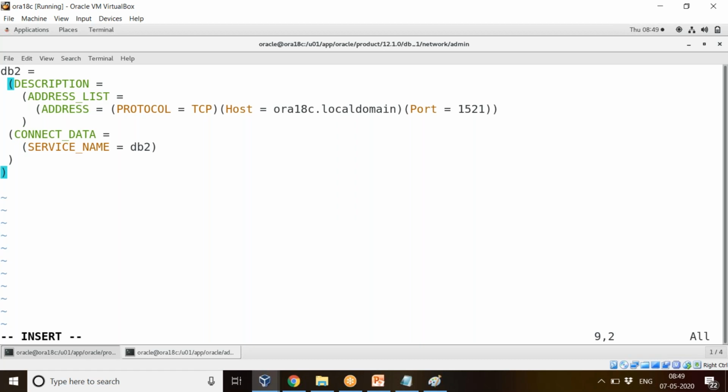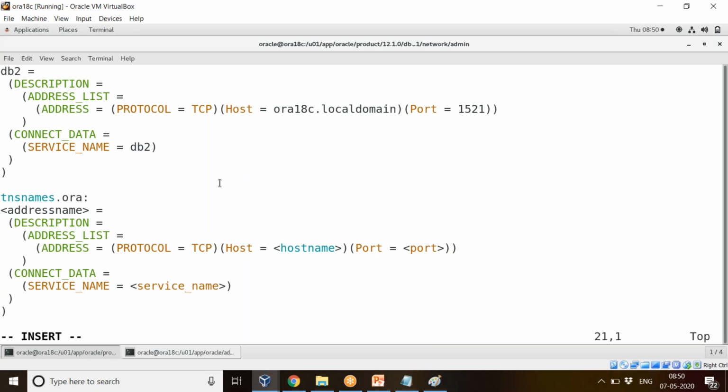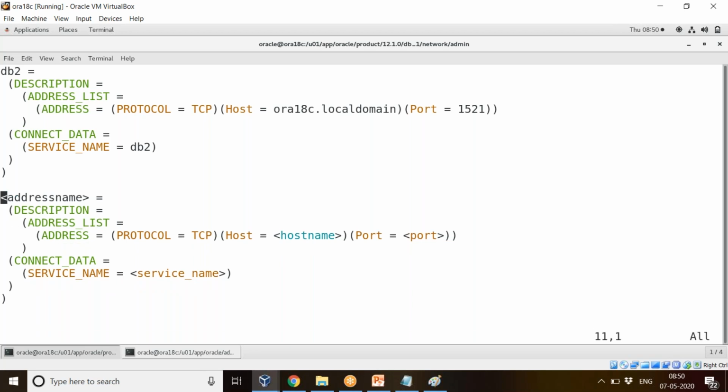Next one, for DB3 also we'll put an entry. If the database is created by DBCA, DBCA will put an entry, like normally listener and TNS and all. Since we have created a normal, manual database, we have to put an entry. And regarding OUI, while using OUI itself, it would have put an entry. Fine. So we'll put an entry for DB3 now.